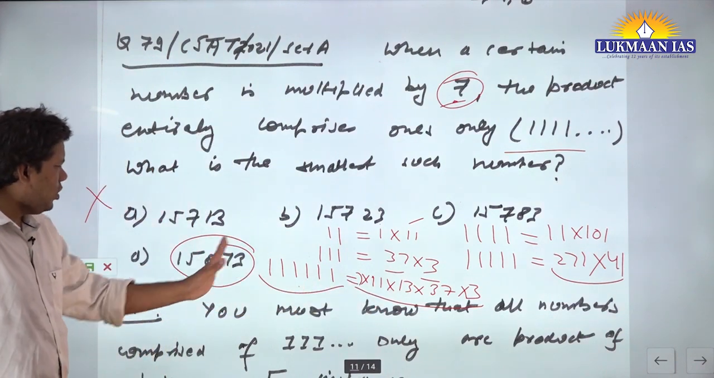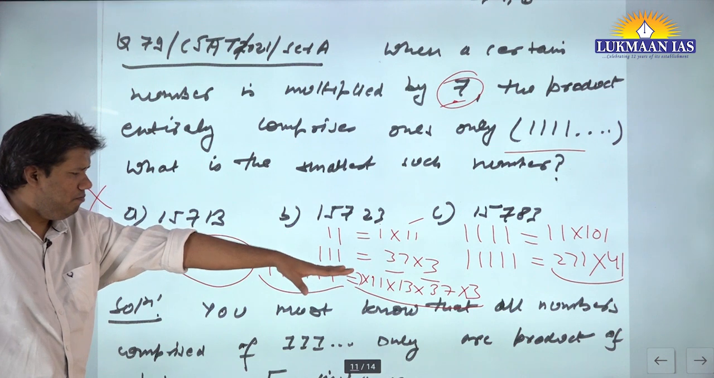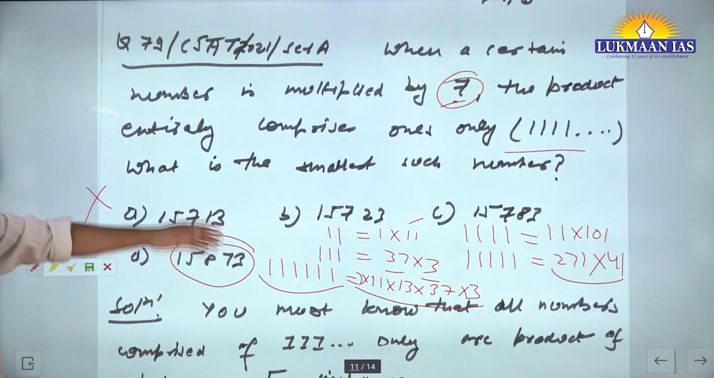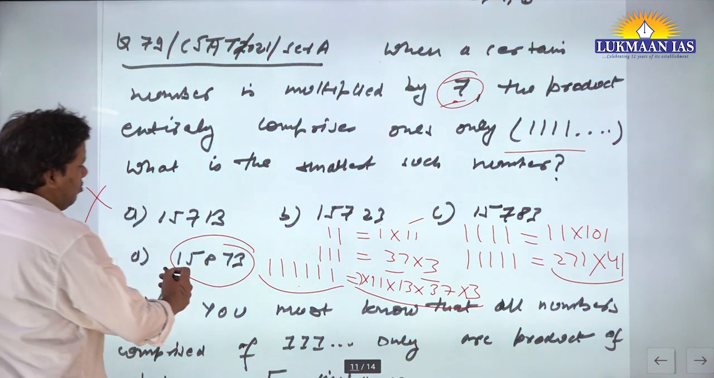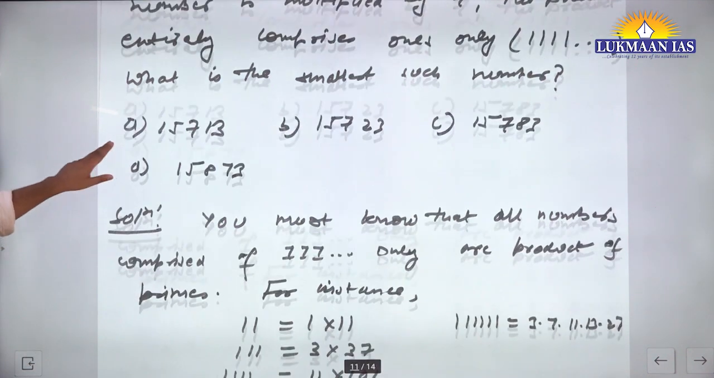So once you know, okay, the 1116 times is a product of prime numbers, you will try to identify which number is divided by 11. So you will immediately say 15873, right? So now